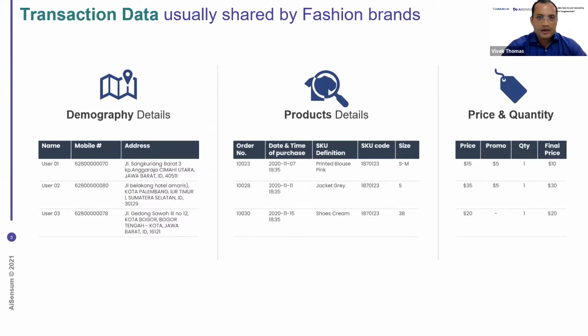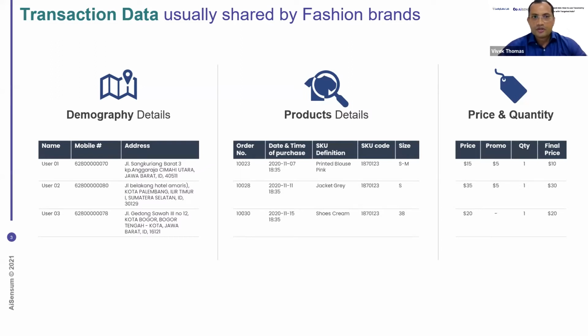Okay, now you will see on the left, the first one is the demography details. Now this has a little bit of personally identifiable information. There is the PII, there's the name, the mobile phone number. Many of y'all, if you have your own website, would also be capturing their email IDs. And this is very useful because using those 2, the mobile number as well as the email ID, you can target these people or retarget these people on Facebook or Instagram using these 2 IDs, right?